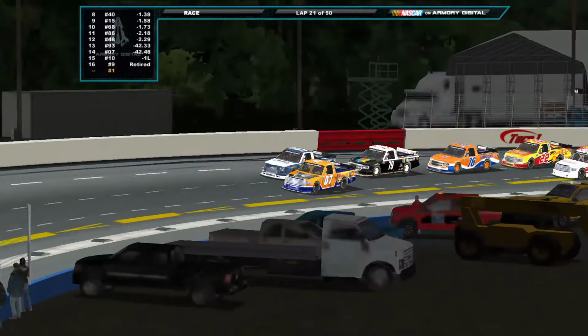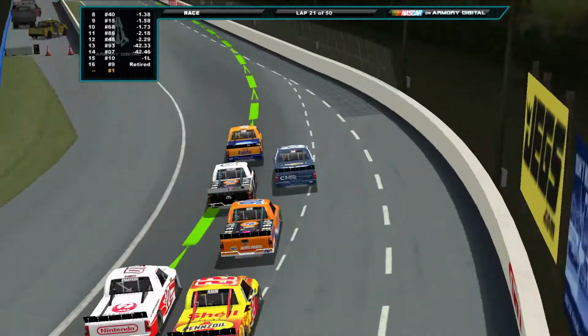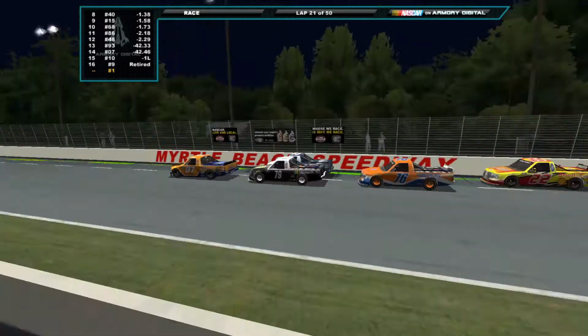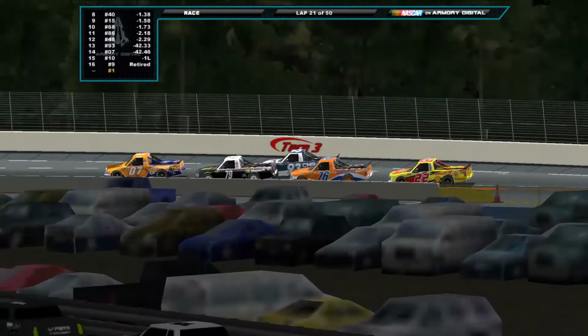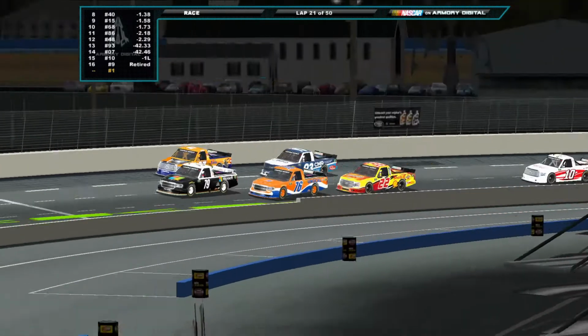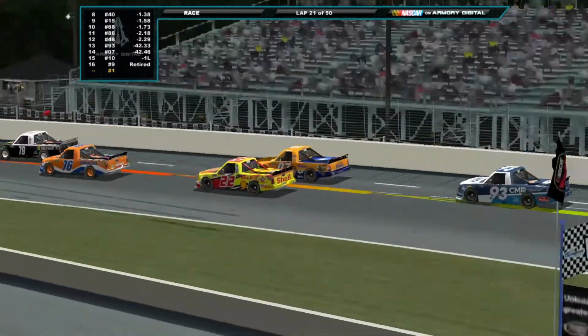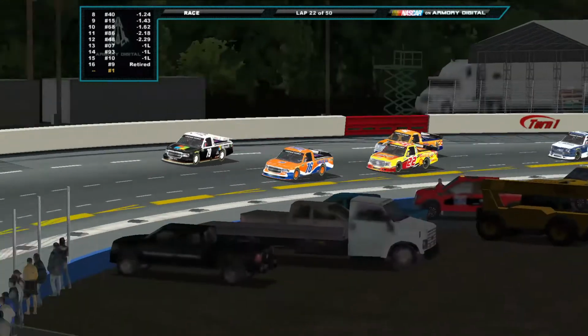Oh, the 93 is going to hold up the 79. Collins, your class winner, he's looking to prove that he can win on more than just a restrictor plate. There goes the 07 into the wall. Will he come down and wreck someone? No, he will not. That is interesting. And the Railfan Motorsports run